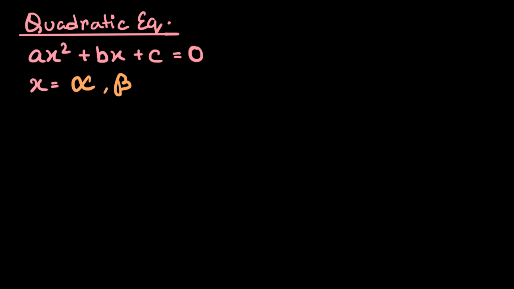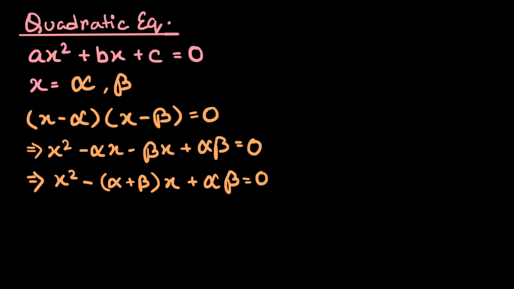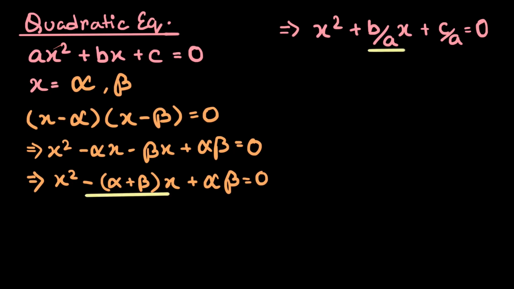So, we can write the equation in this way: expand it and then rewrite it. Now we have almost reached the format of ax squared plus bx plus c. However, it will be easier for us if we divide this equation by a and rewrite ax squared plus bx plus c as x squared plus (b by a)x plus c by a. And now it would be easier for us to treat this as identities and equate them.